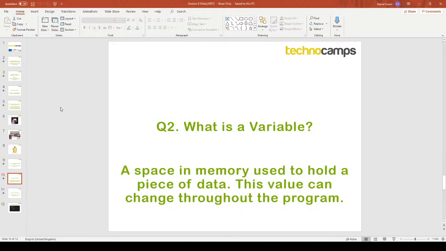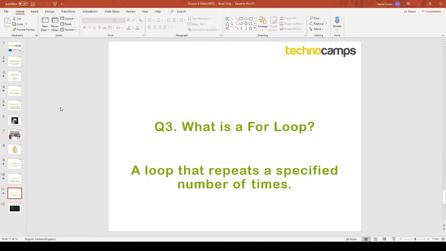Okay, well, a for loop is a loop that will repeat a specified number of times. So what that essentially means is that when you've got a loop, there are lots and lots of different types of loop. Okay, so we've got while loops, there are do while loops. I'm not sure if there are do while loops in JavaScript actually, but if we're thinking of other programming